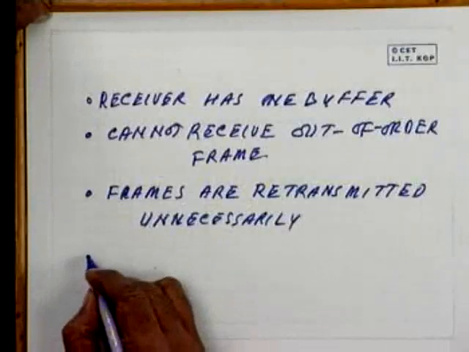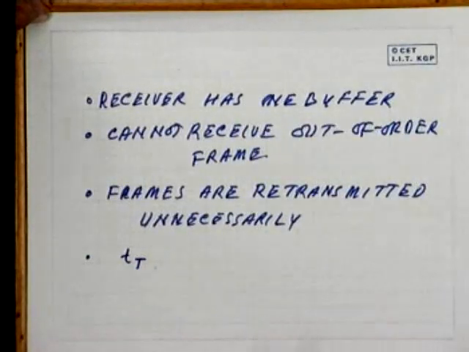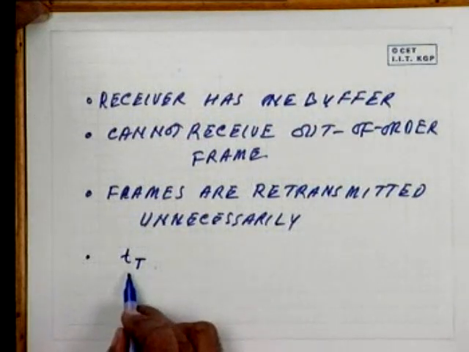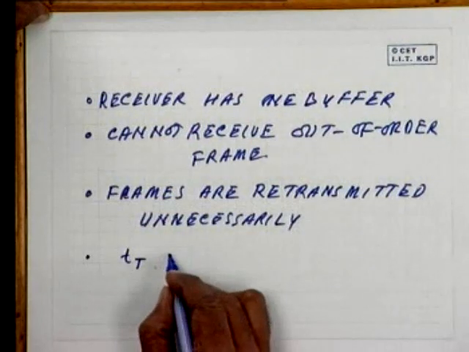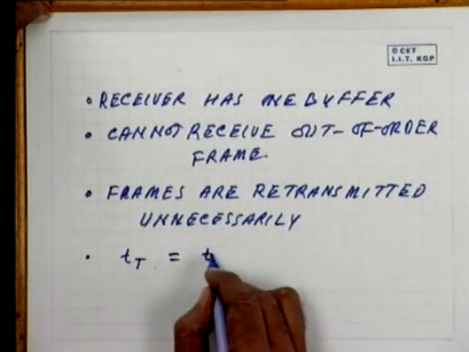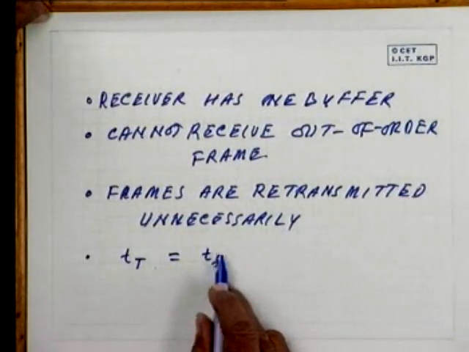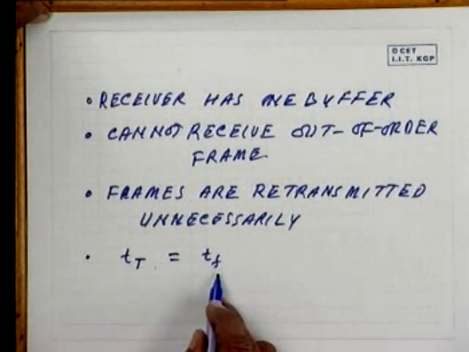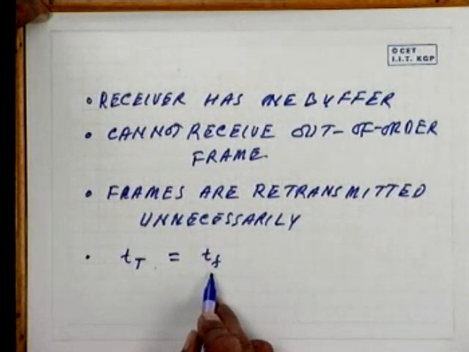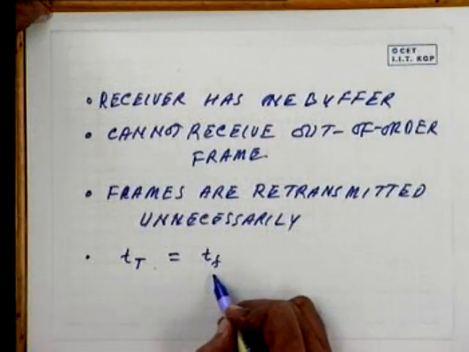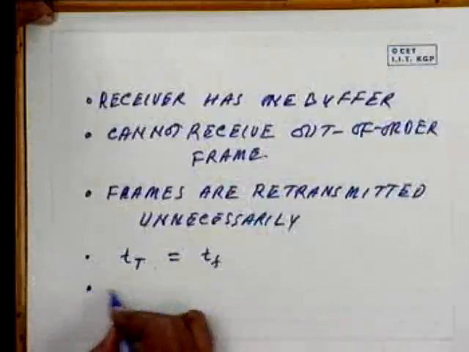Whenever there is no error, what is the frame sending time? What is the time required to send one frame? That is equal to TF. When there is no error, it can keep on sending one frame after the other, and the efficiency is almost 1. In other words, the time required to send a frame is equal to the frame sending time, and that is the minimum. Now, in case of error,